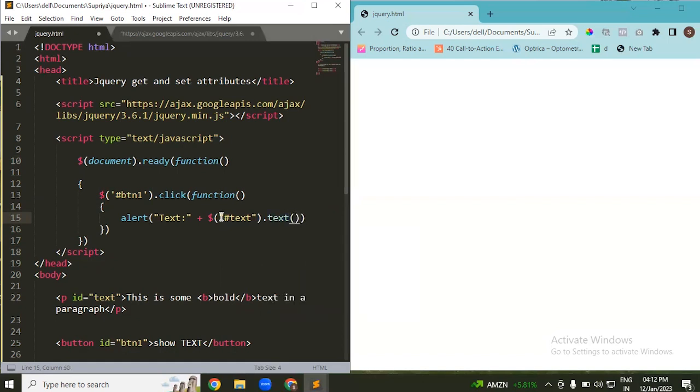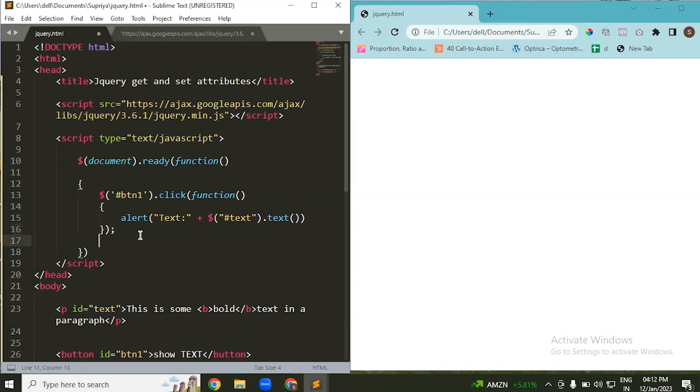That is the dot text method that will find out what kind of content is there inside this particular program. So this is now acting as a get method. If I mention any content inside this text method, this particular method will be acting as a set method. So here we have just written dot text. After that, we will just close this function and we will make use of